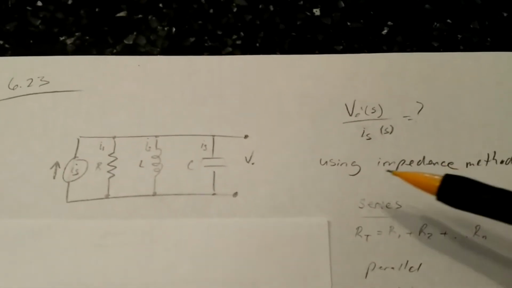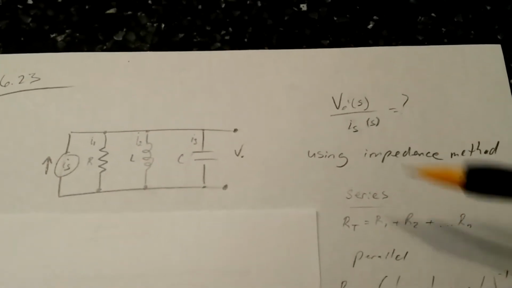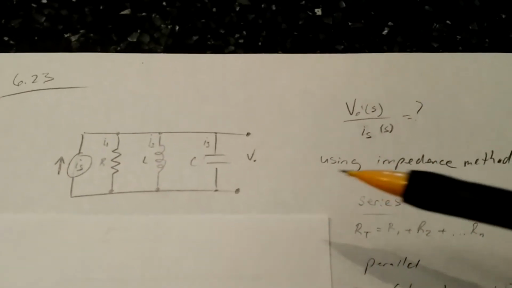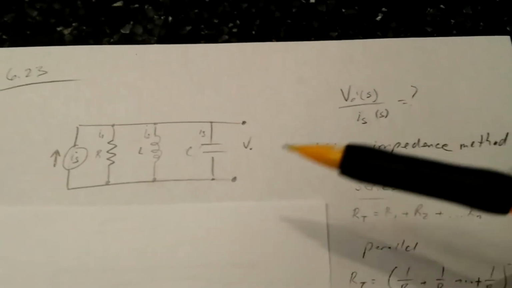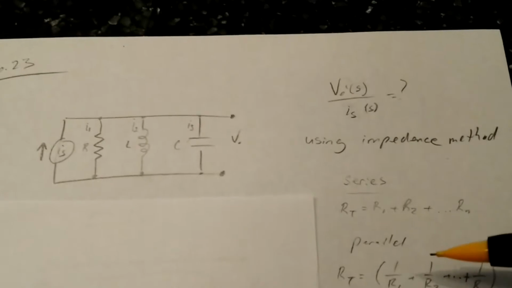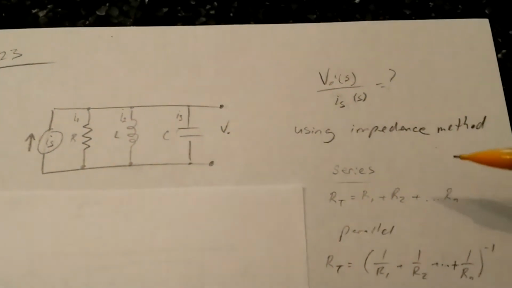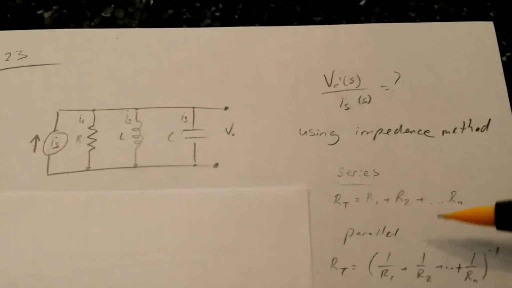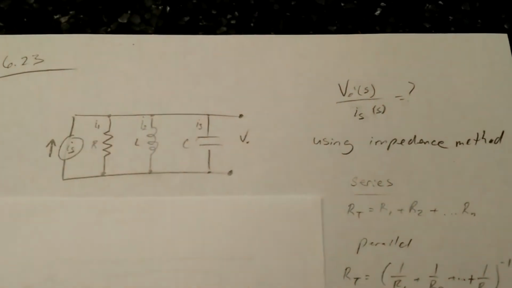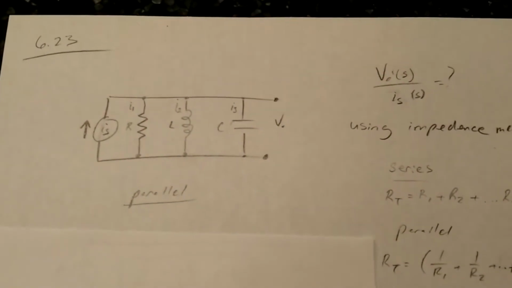They specifically ask us to use the impedance method, which is convenient because it allows us to model this like resistors. And as you can see in this circuit, these are in a parallel alignment. As I was recalling how to combine these, equations came to mind, and these will be very helpful shortly as we combine this resistor, this capacitor, and this inductor. So the first thing you need to realize is that this is in a parallel